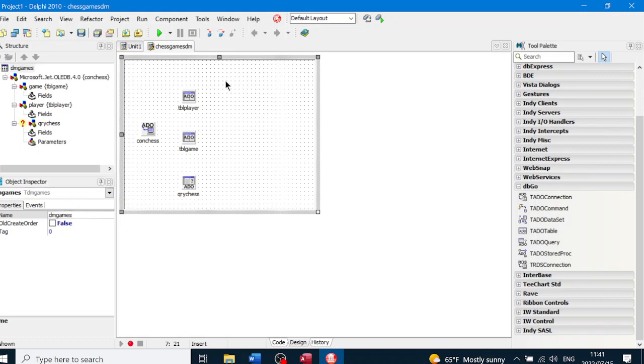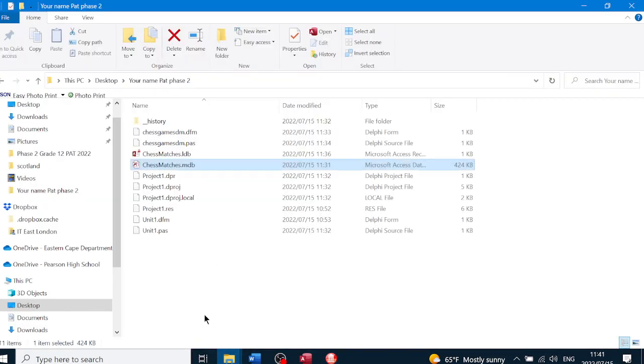The reason why you have to is because you're going to quote this name here in code. It's like the virtual name of this data module. You're going to quote this DM games in code, DM whatever. But this one over here, chess games DM, that is the name that it's stored on the hard drive. Remember we saved it, I'll show you. There it is, chess games DM. That's the file that we stored on the hard drive. So